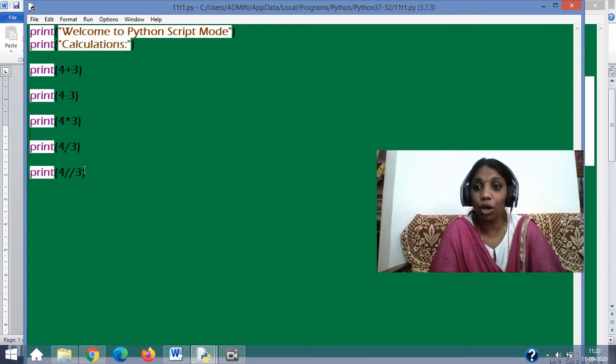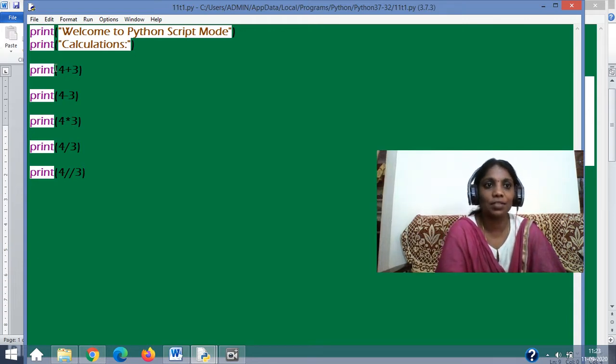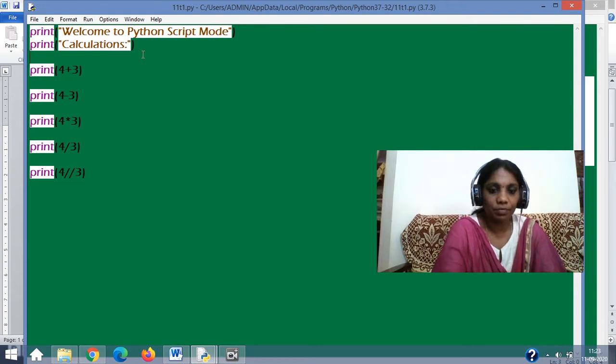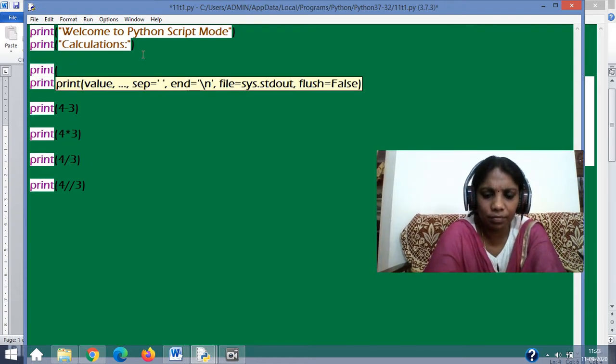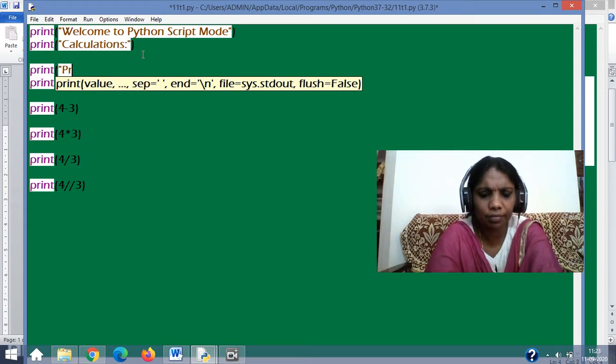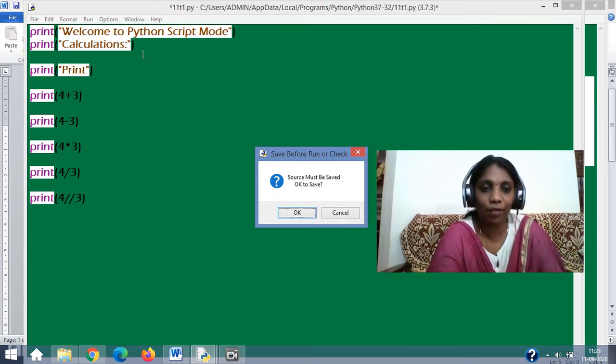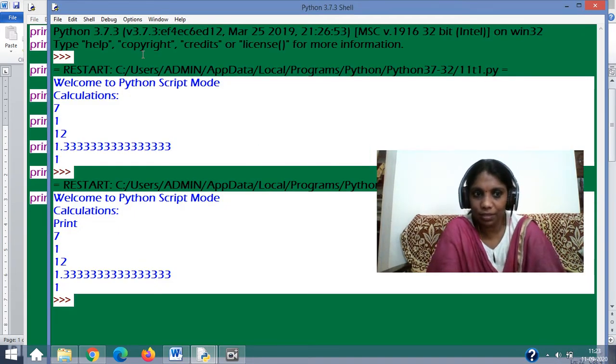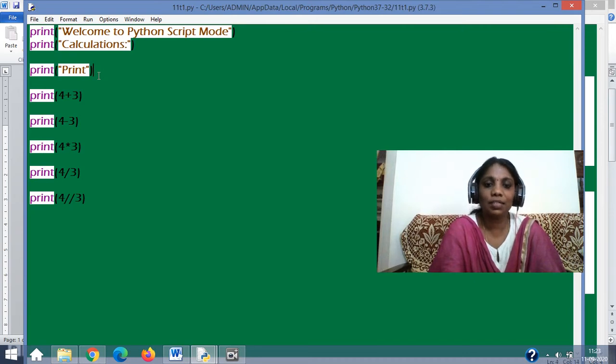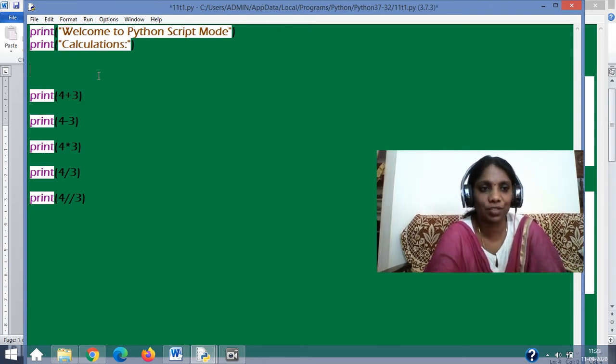So I was just going to talk about print. Print is a function, or I can say a command in Python, which only takes small letters. That is why it is identified as a command in Python. Otherwise, if I write it with a capital letter here, I pressed F5, see, print will come as such. Inside this, whatever I wanted to give, I can give. Okay, that was an extra.